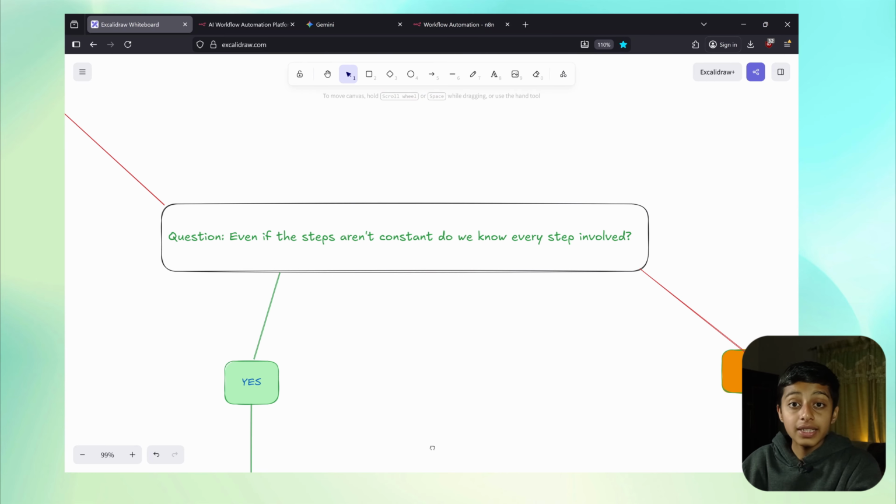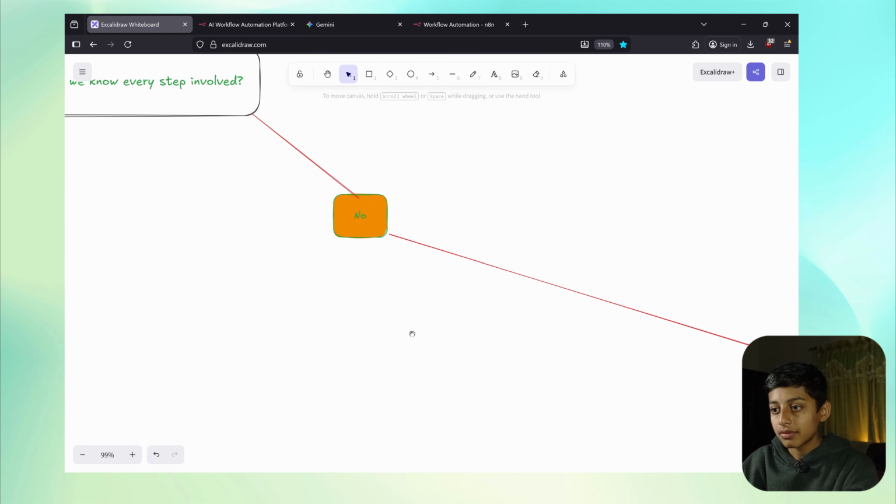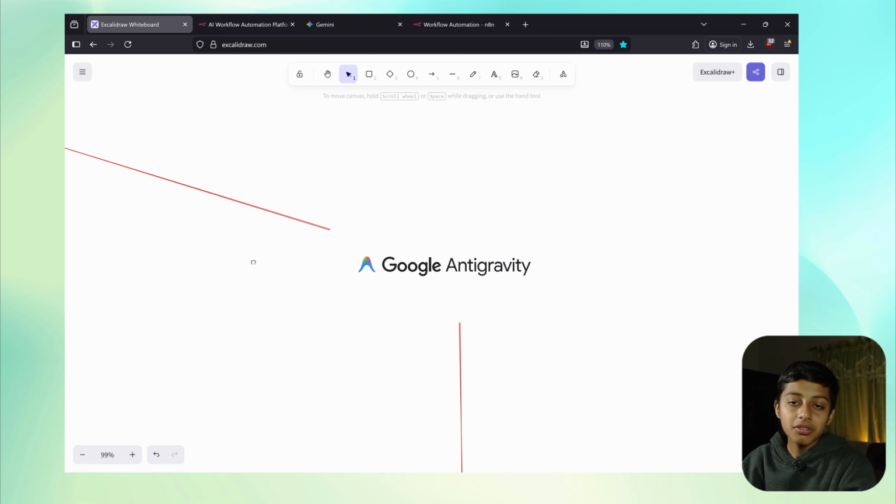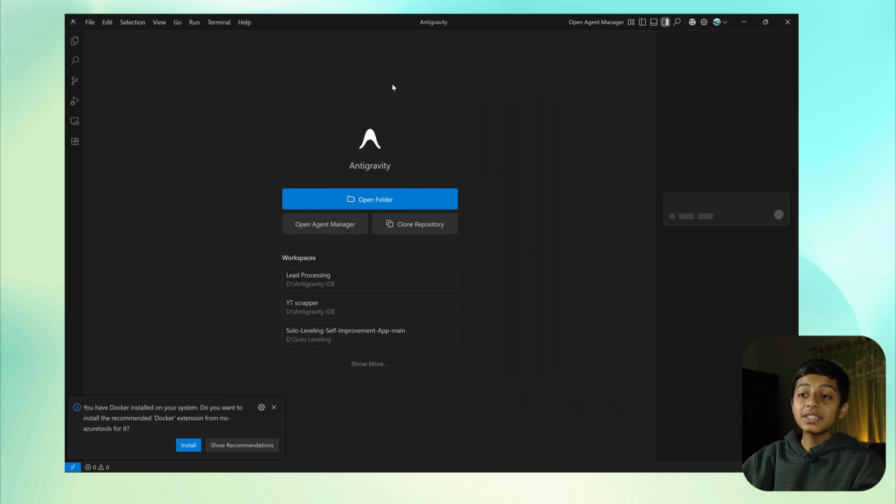But if your answer is still no, you can move to the next step, which is Google Anti-Gravity, and it's the final step of the workflow automation. Now you might be scared because it's a coding environment, but there's nothing to worry about because we are not going to write the code or do anything else. AI will do it for us.